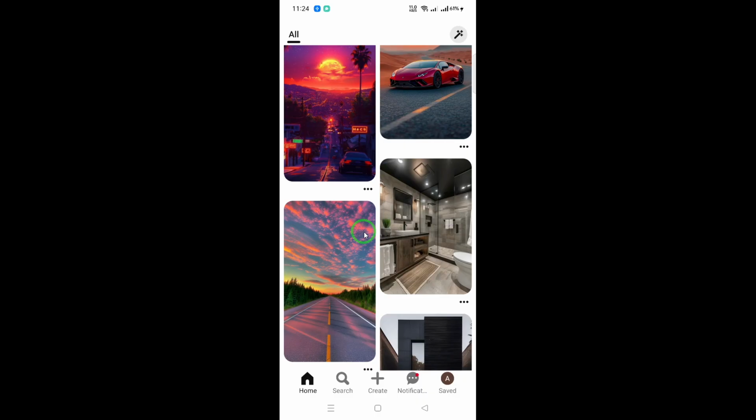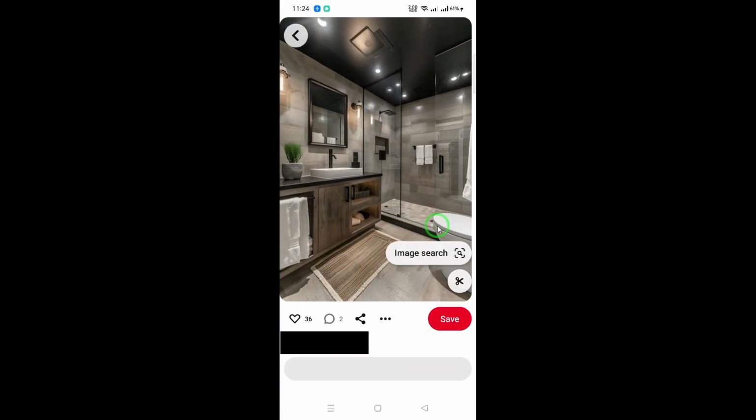Next, from the homepage, scroll through your feed to find the pin you want to copy. You can also use the search function if you're looking for something specific. Once you spot the pin that catches your eye, tap on it to open it up. This will take you to a detailed view where you can see more information about the pin, including its description